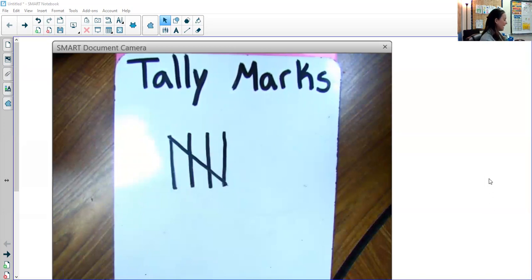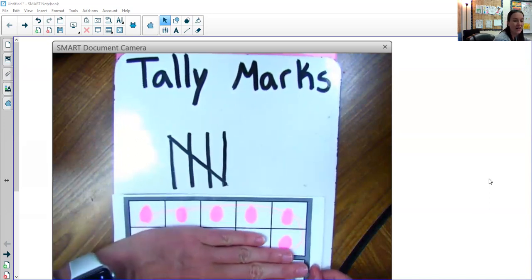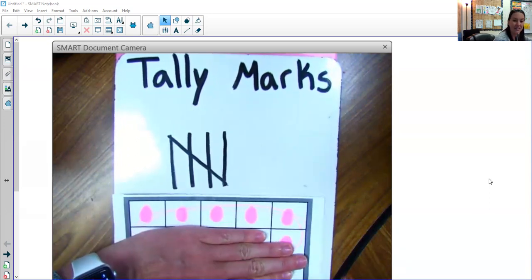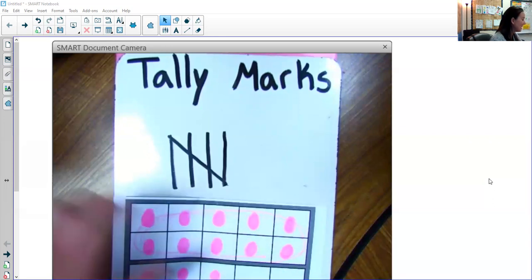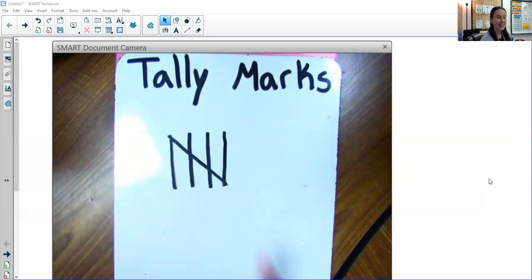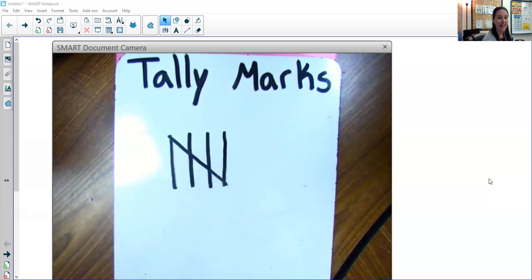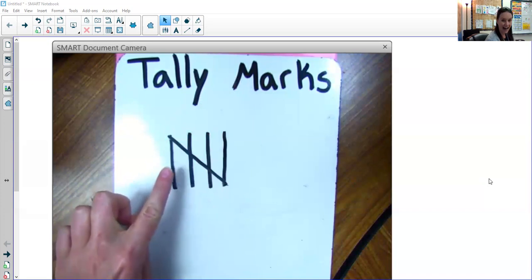It's kind of like our 10 frames we did. Whenever you have the top row of a 10 frame filled up, you can just look at it and say 5. You can do the same thing with tally marks. When it has a line across, that means 5. So here's 1, 2, 3, 4, 5. Or you can say 5. All right, let's keep going. So 5,